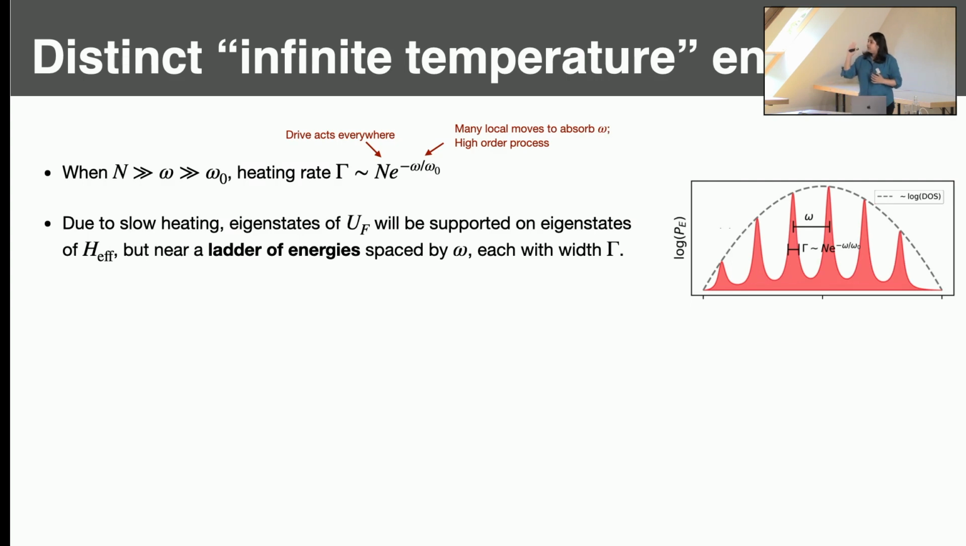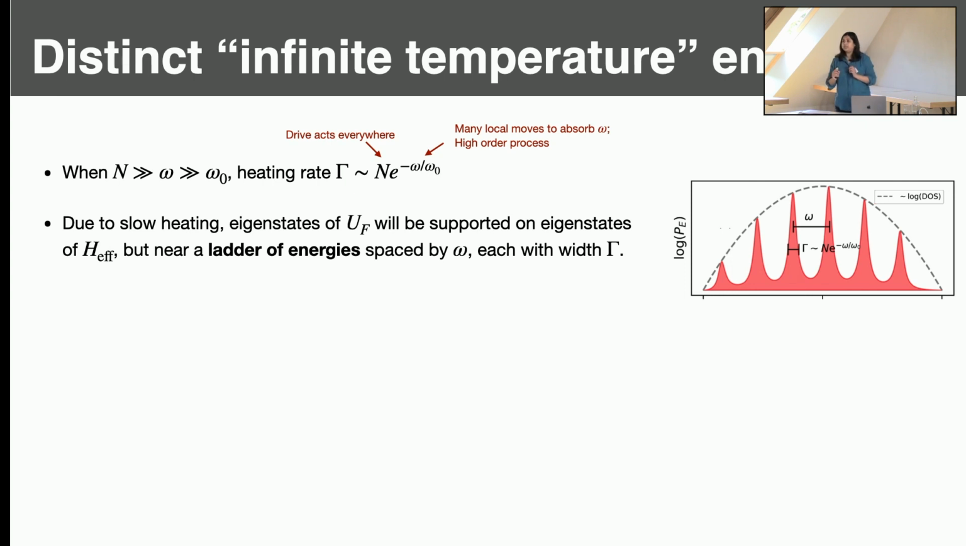You can think of starting with some state at some energy, but that state has some finite decay probability into all these states at these different energies, which is coming from the matrix elements of coupling to those energies, which is exactly what's setting this kind of heating rate. Okay? So you have a gamma, you have this ladder of energies which have width gamma and are spaced